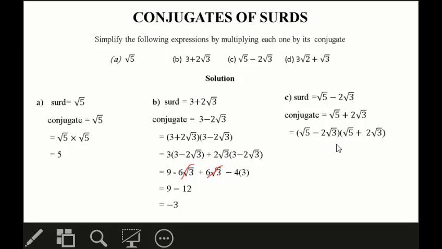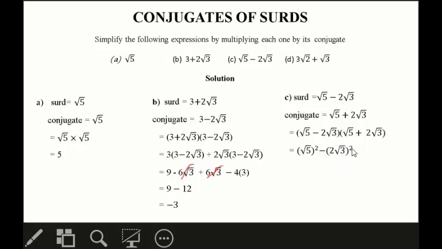But over here, there is a difference of 2 squares. So you can decide not to expand it as we did in that form. Because the expression here and the expression here are the same, but the difference is here is positive and there is negative, it makes this expression what? A difference of 2 squares. So what you do is that we will consider the one with negative in between the two expressions. Then we put the first expression into one bracket and square it. So you have the root of 5 all square. Then we pick the second expression after the negative sign, which is 2 root of 3 in another bracket,